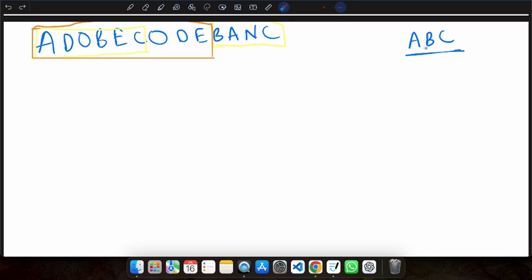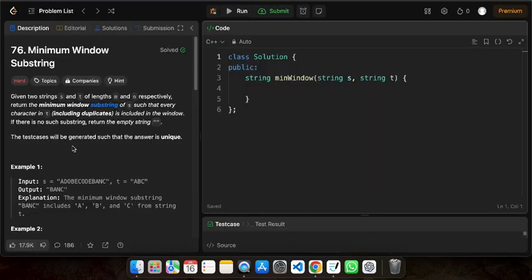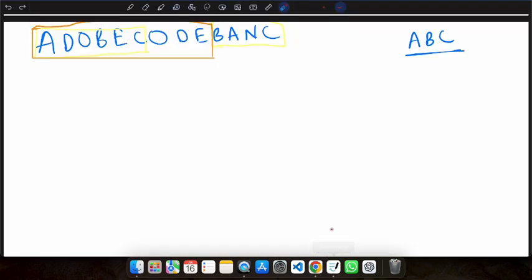So the catch here is that out of all the substrings, we have to return the substring which has minimum length. And the problem is promising us that such a string will be unique. There will be only a single substring of the smallest size that contains all the characters from this given T string. Now, as we always do,